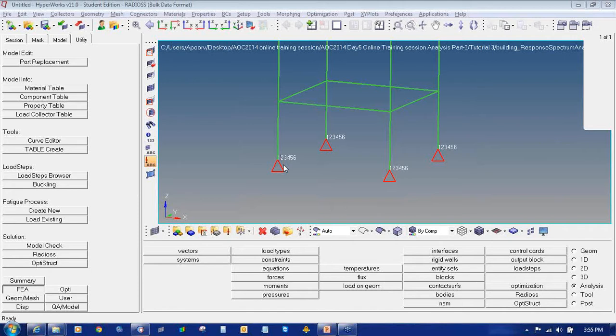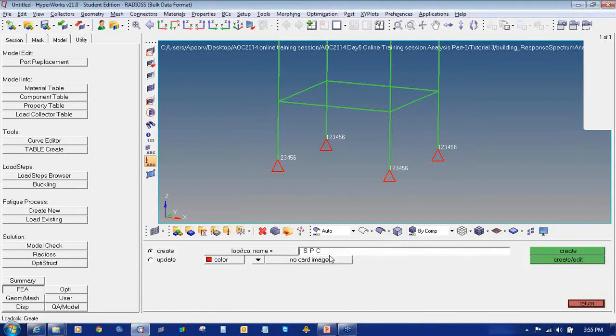Now the next step is to define the DTI and SPEC SEL card. This card is used to specify the type of spectrum and damping values associated with the input response spectrum defined using table D1 card in the previous step. So I will go to load collector. Enter the load collector name as DTI card. Select card image and select DTI as the card image.